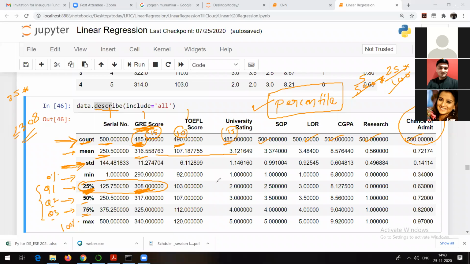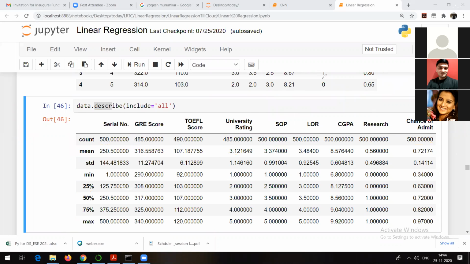There are 125 people who have scored less than or equal to 308. That is the meaning of percentile. Similarly, 50 percentile means there are 250 people who have scored less than or equal to 317 marks in GRE. That is the meaning of percentile. I hope everyone is able to understand that.